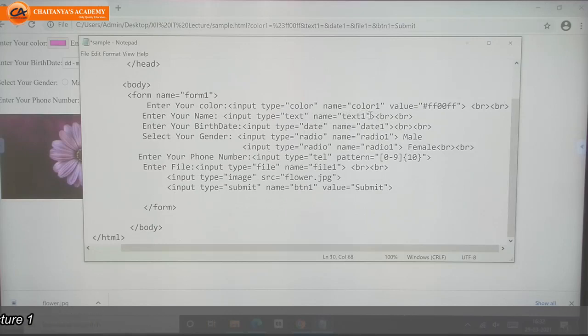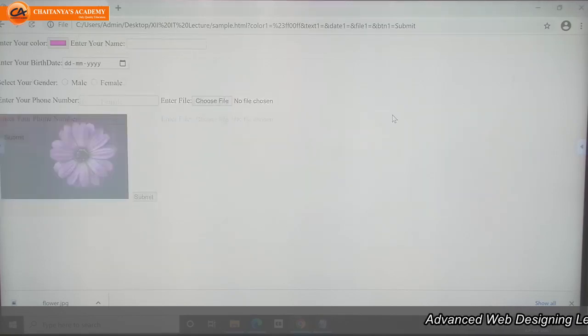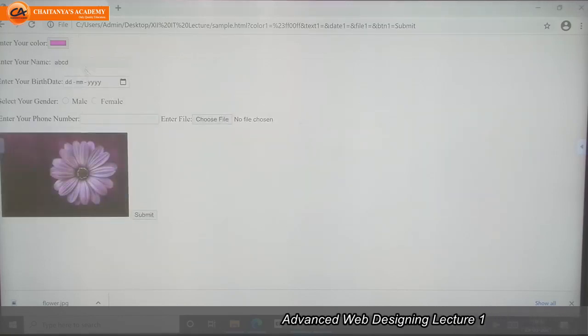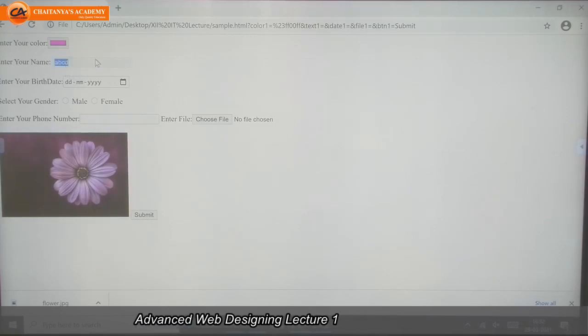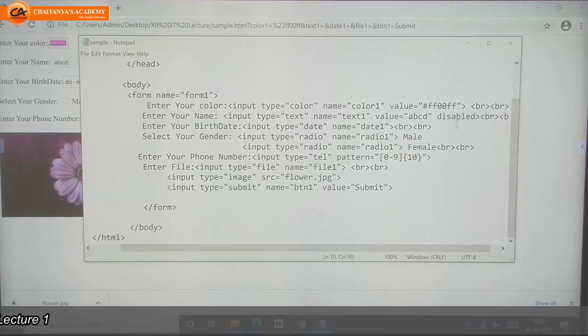If I give here a default value equal to ABCD, and I don't want the user to write, I write disabled. What will I get? See, the text box is now disabled. I am not getting a cursor here either. Why? Because I restricted it here. Next, I don't want to disable the text box, but the value should be read only.